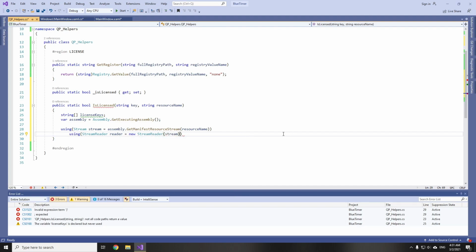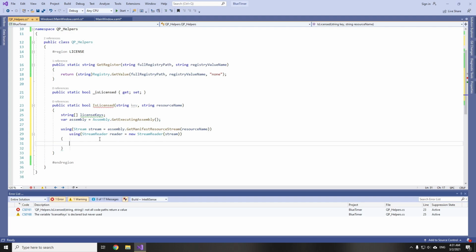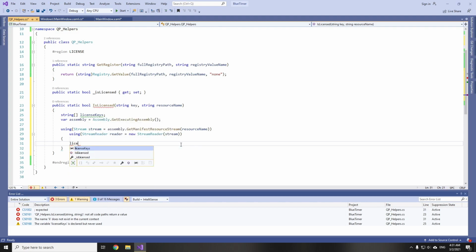Okay, so here first we will fill this array using our stream reader.